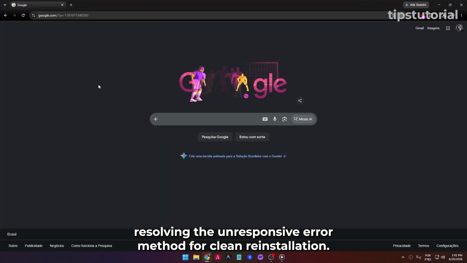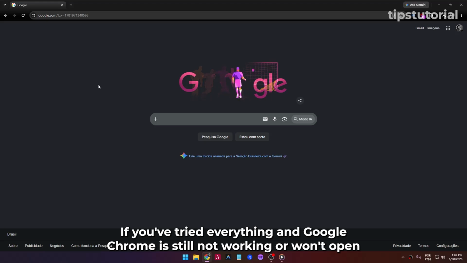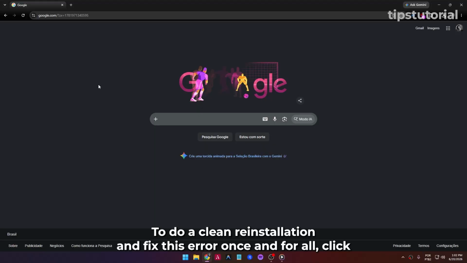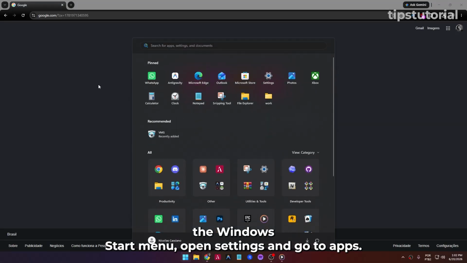Method 4. Clean reinstallation. If you've tried everything and Google Chrome is still not working or won't open on your PC, it means your current installation files are corrupted. To do a clean reinstallation and fix this error once and for all, click the Windows Start menu, open Settings,